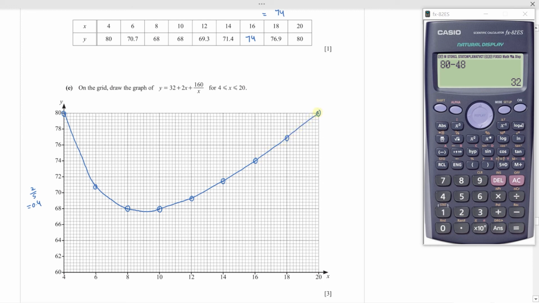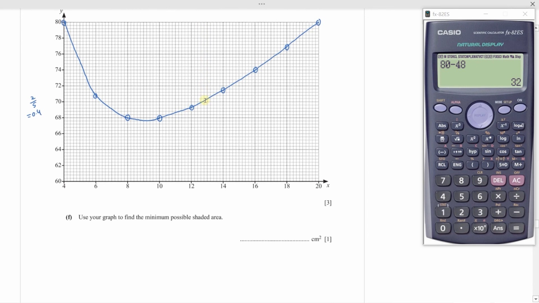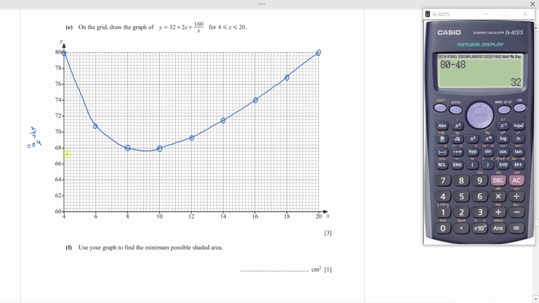So this will be your graph for this equation. The next part is use your graph to find the minimum possible shaded area. So here on the y-axis you have the value of shaded area. So the minimum possible y value is right over here. So I will draw a straight line here to read the value from the